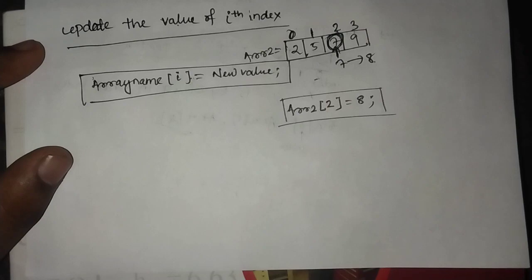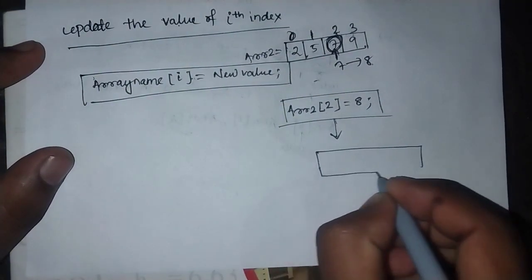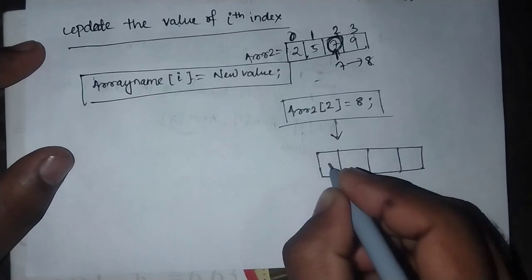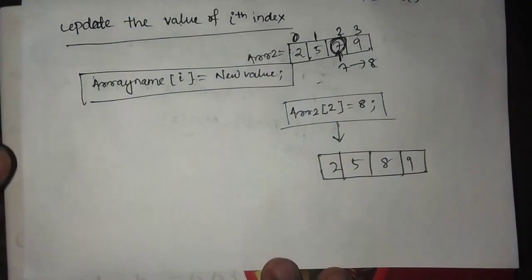Okay, now the new array will be 2 5 8 9. The next topic is traversing each element of the array. How to traverse each element or each position of an array? For this,